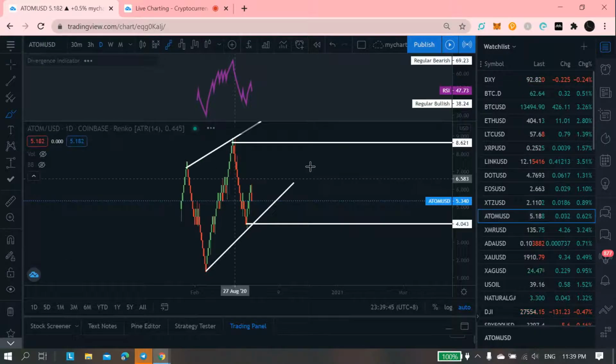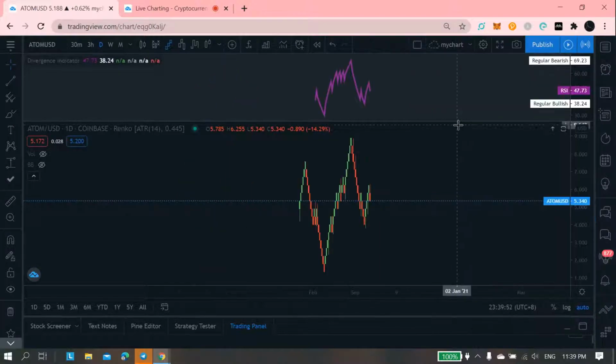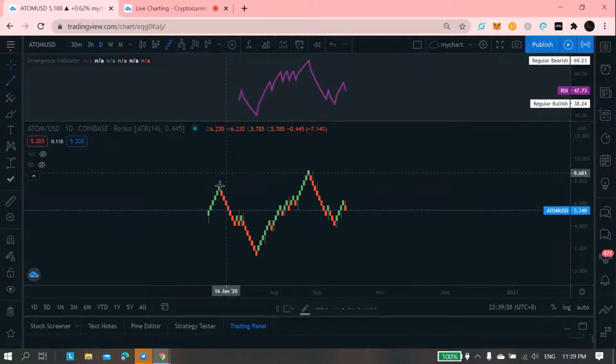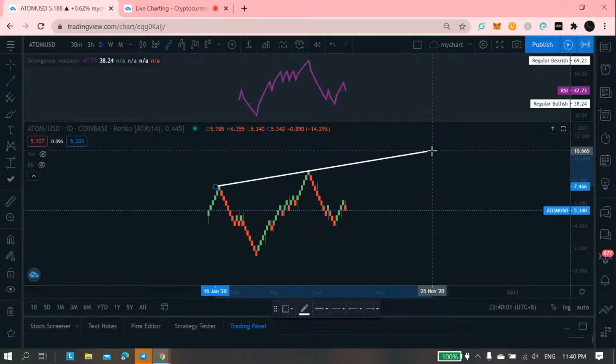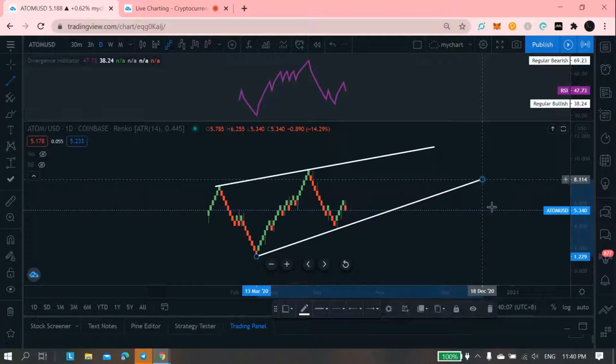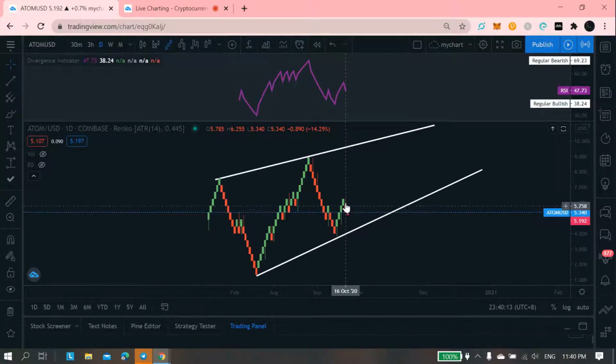So Atom. So currently Atom is a bearish Renko and possibly create another bearish Renko chart. Yeah, I think it will possibly retest this area of around 4.22 area. So for now, yeah,